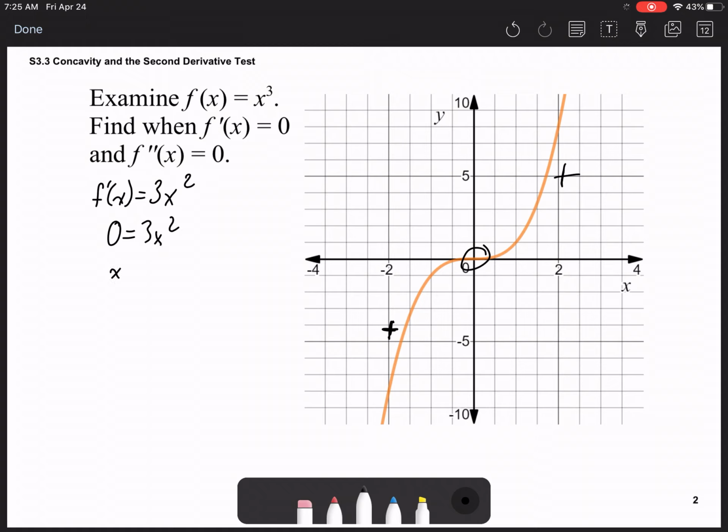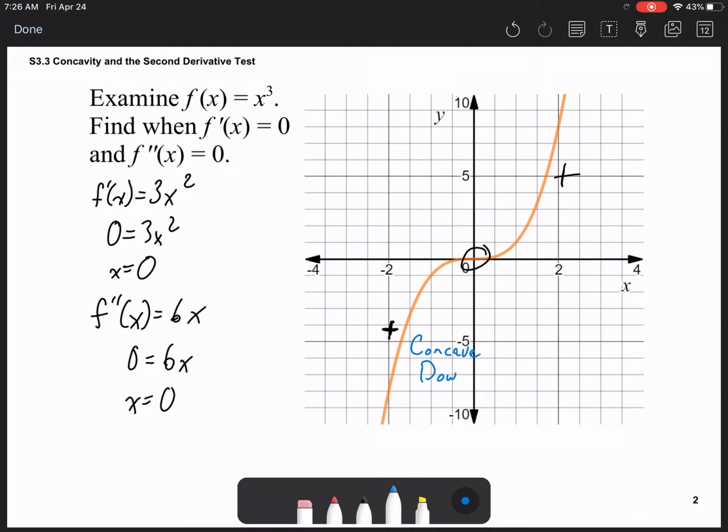Which just turns out to be x equals 0. So, if we look at where the second derivative, let's first find that, which is 6x, where that's equal to 0, we get the same location. But right there you can see the curvature. This is concave down beforehand and concave up